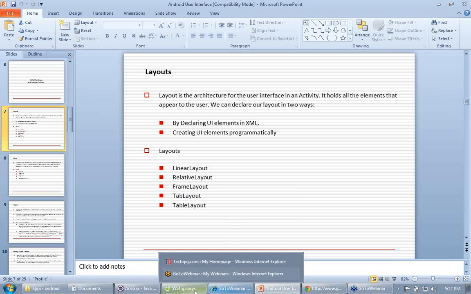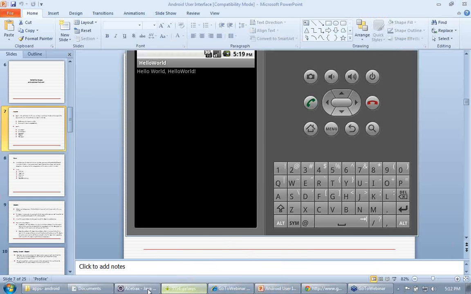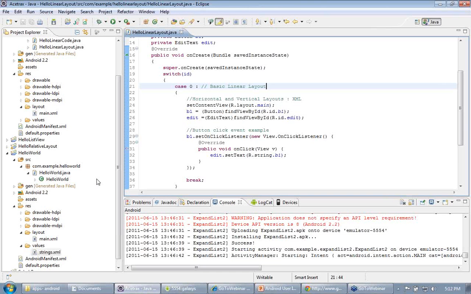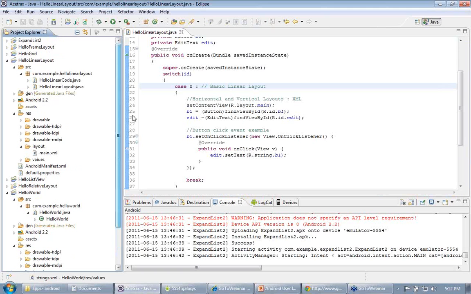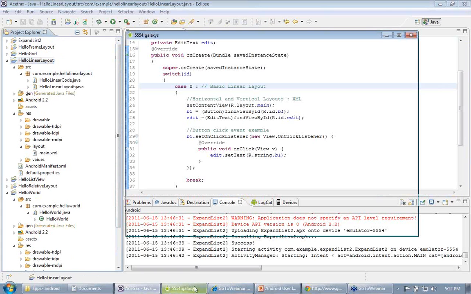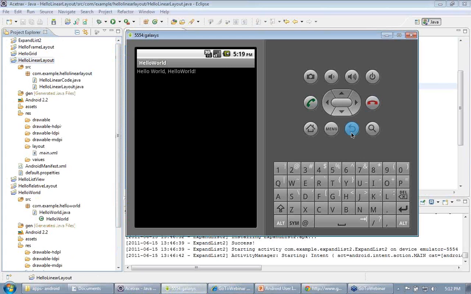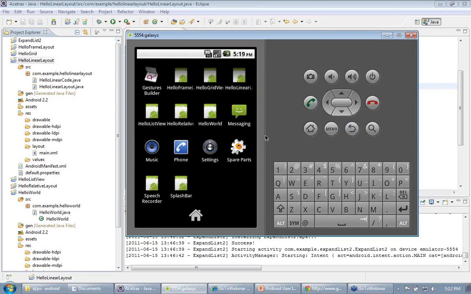So let's see a real-time program to understand linear layout better. Here is our linear layout program.